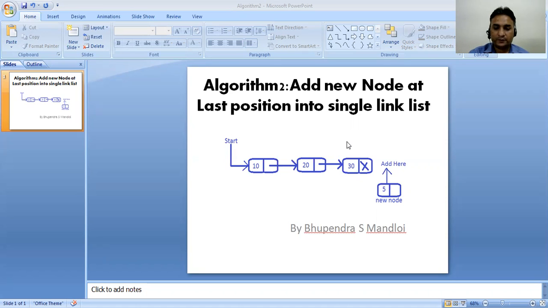Second condition will be if the linked list is not empty, then we have to add the new node at last position into the single linked list. For this purpose, first we have to create a new node and enter data into the created node. After that, we will check the value of our start variable. Start might be null or may not be null.